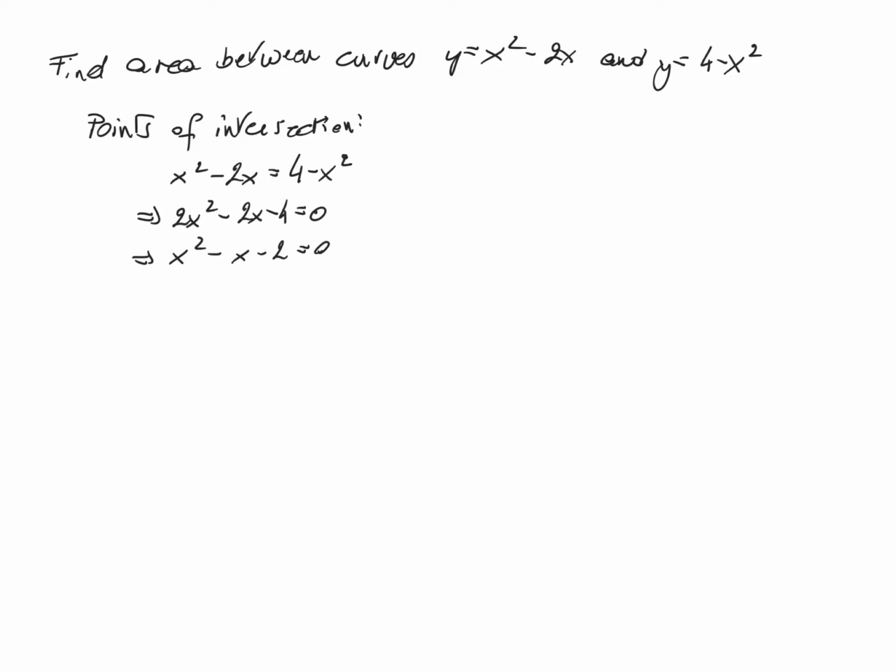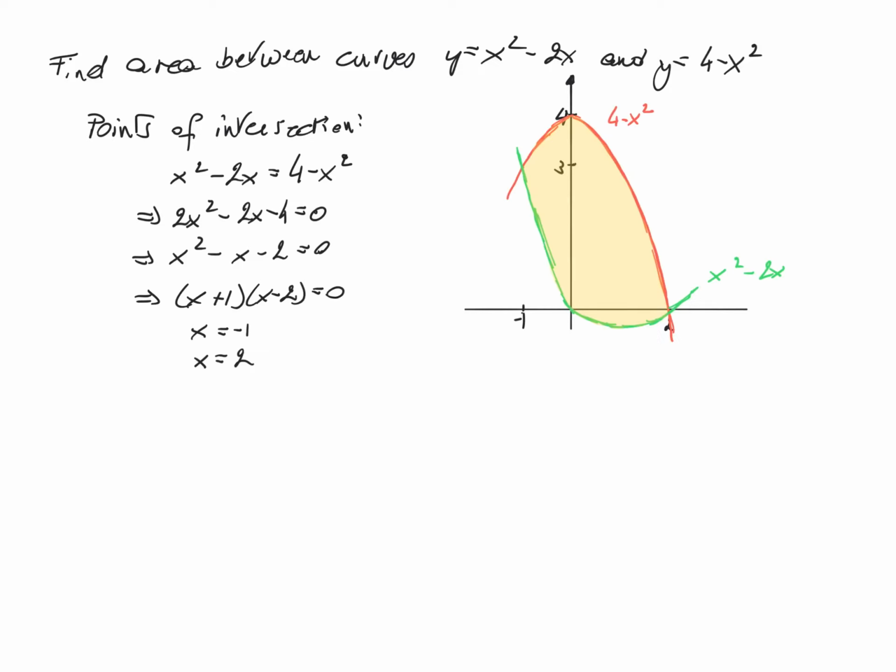We can then factorize this. So this is x plus 1 times x minus 2 equal to 0. And so the points of intersection are x equal to minus 1 and x equal to 2. If we then make a sketch of these functions, we see that the function 4 minus x squared is the upper function between these boundaries. Therefore, the area